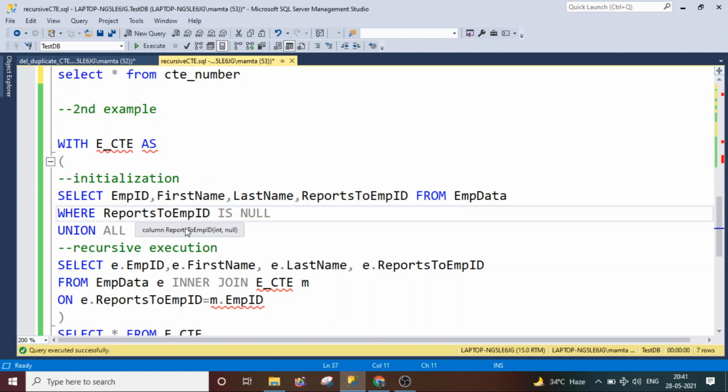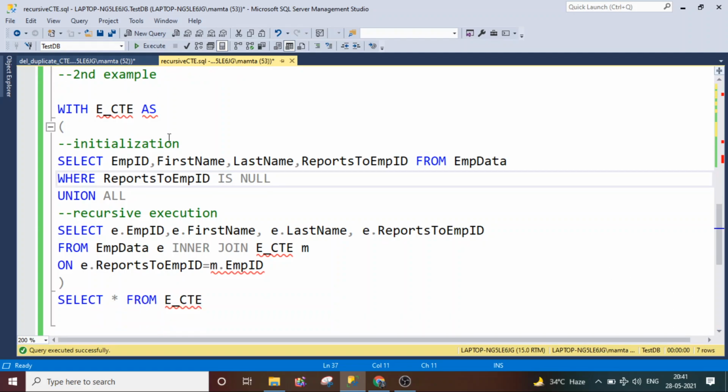Okay, so in that scenario you can use the recursive CTE. So how can we do it? Similar to before, this is the initialization query. The first time, we want to display the employee whose reports to employee ID is null. That means we want to display the CEO or the senior most employee of the organization. Then we put the union all clause, and then we put the recursive execution here where we want to inner join with the same CTE.